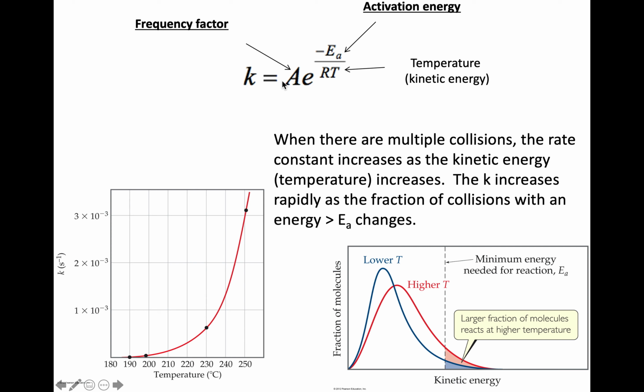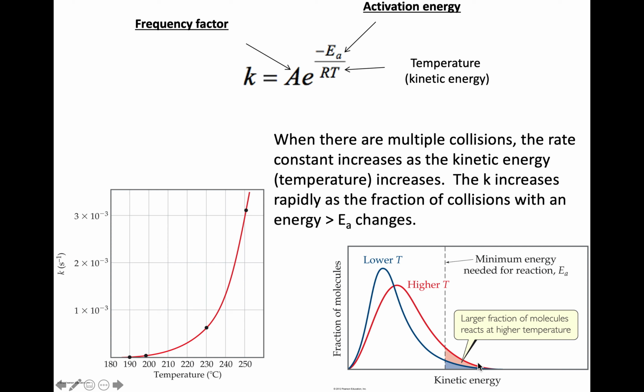It's those collisions that are taking place that are affecting the rate. When we have multiple collisions, the rate constant increases as the kinetic energy goes up, and it increases quite rapidly as the fraction of the collisions that exceed the energy of activation grows. We have a distribution of kinetic energy for the particles at one temperature, and if we raise the temperature,